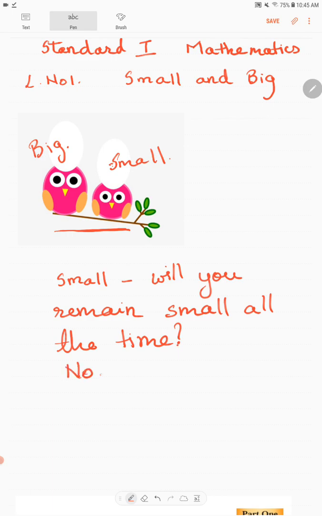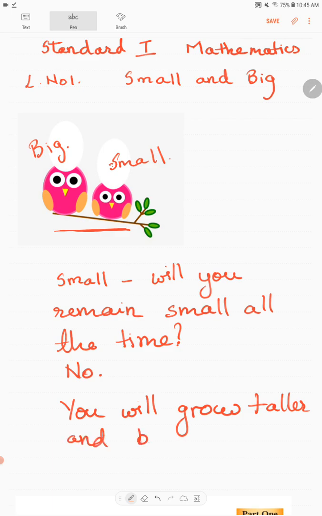No. You will grow taller and become big. Okay? So now you are small. Later on, when you grow, you will become big.